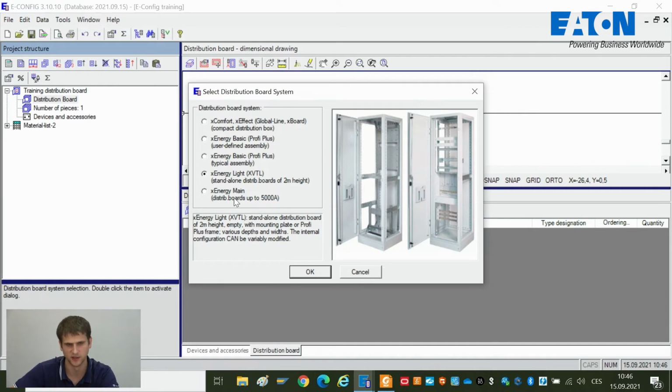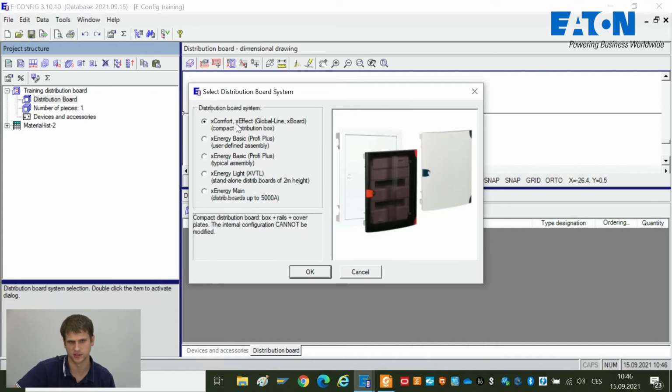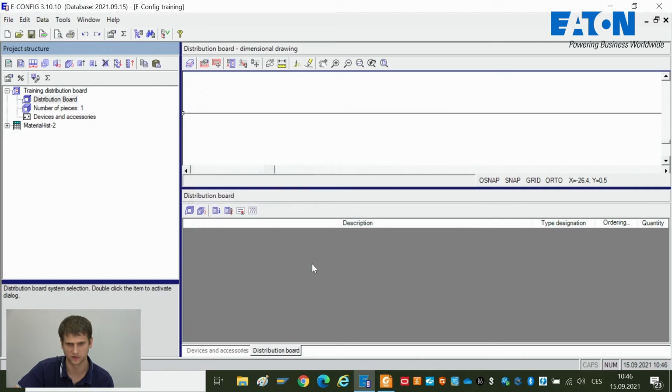There is another Eaton configurator for the xEnergy main system. So our application, as I said, will be a small household application. So we choose the xComfort system, click OK,